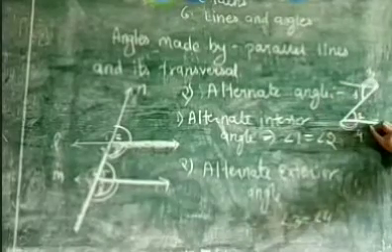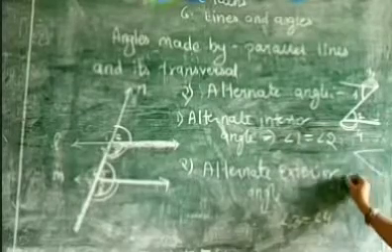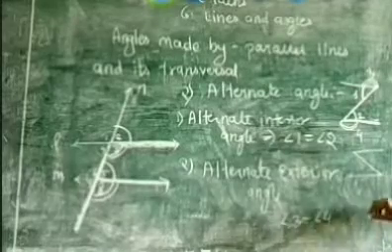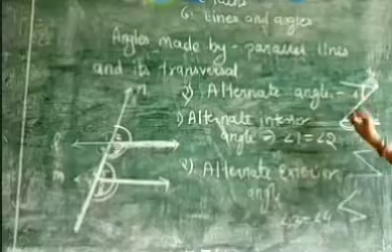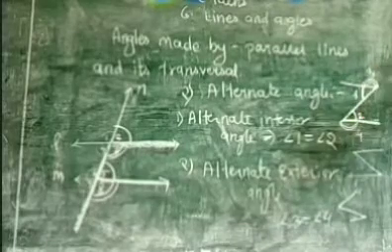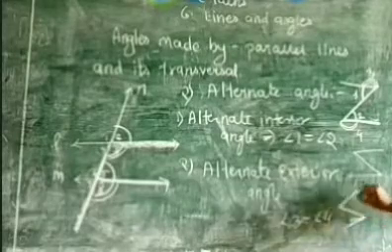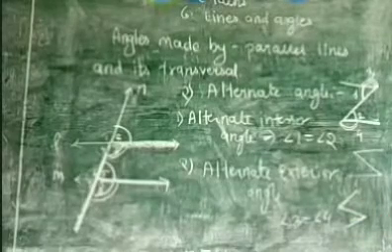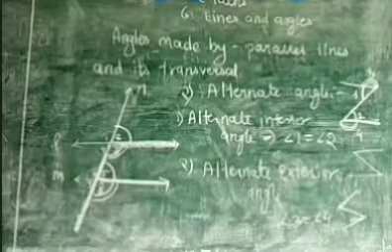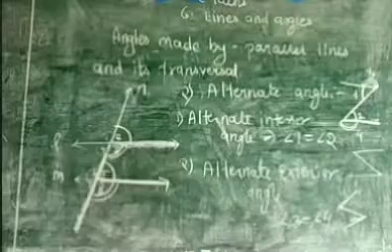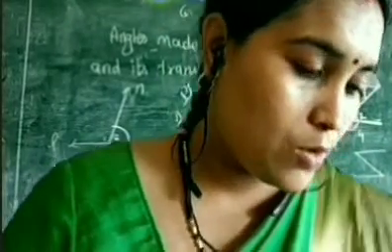Now remember, you can get Z in this form, or in the mirror form, or in any other way. Don't observe only this type of Z. It can be in any other form. If you get a Z of this type, they again form alternate angles. All of you understood?